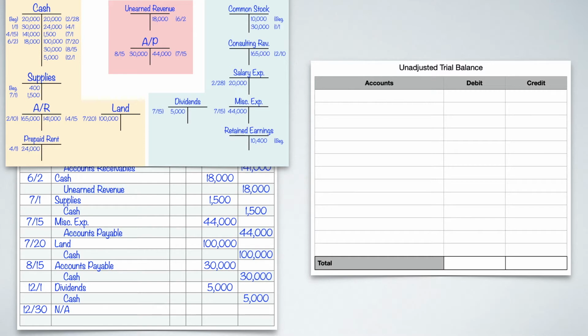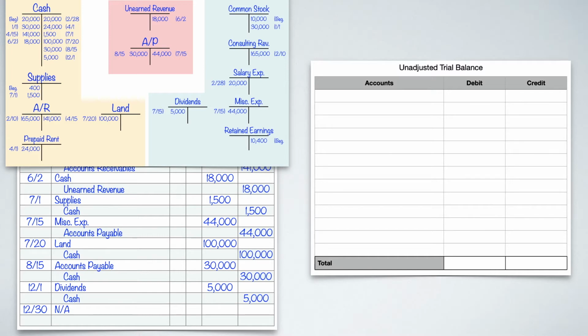And in this video, we are going to be taking what we did in the last video with the journal entries and t-tables, and more specifically probably with the t-tables, and converting that into what we call an unadjusted trial balance. As we will talk about in future chapters, what the accounting cycle is, there's a few spots in there where we have to do these things. It's called a trial balance.